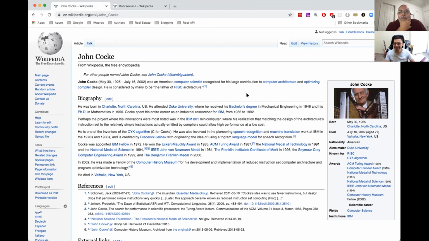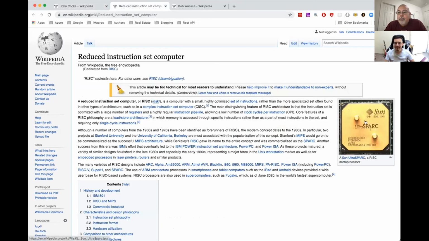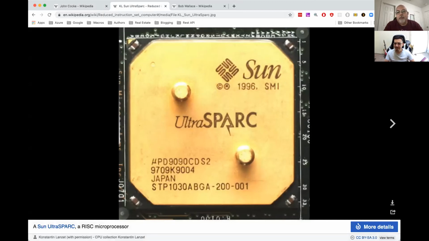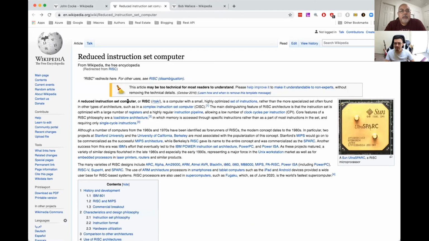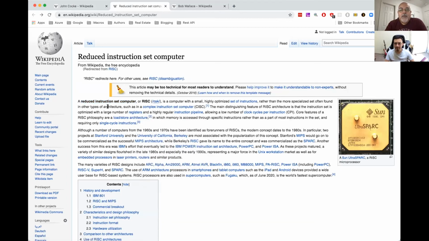All right. What is he famous for? Oh, he's the father of the RISC architecture. Do you know what RISC is? No. So Sun Microsystems, their processors were based on RISC, which, what does RISC stand for? Let's see. Reduced instruction set computer. Okay. And I believe that most phones and small devices, and I'm not 100% sure, but I'm taking a good guess here, most smaller devices run on RISC processors,